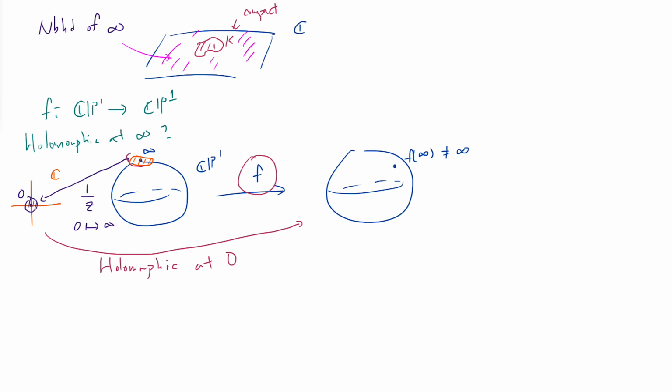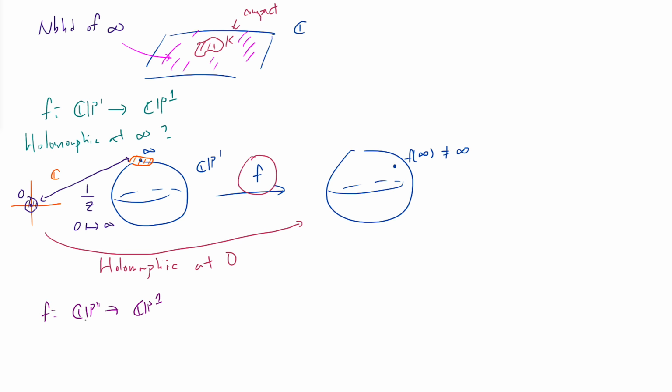Again, it's because I'm just identifying this open set with this open set near 0. And I'm really identifying this function f locally with this function, right? From really an open subset near 0 to the complex plane. So this is how you think about holomorphicity at infinity. This is one of the simplest cases of a Riemann surface sort of identification. And you can also do the same thing. If I have a map again from CP1 to CP1,